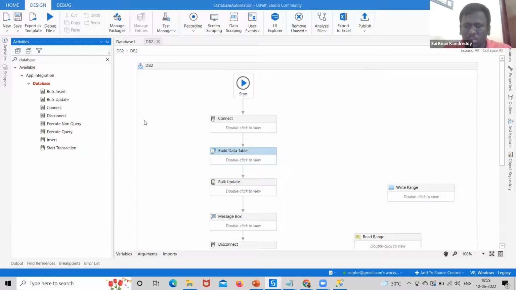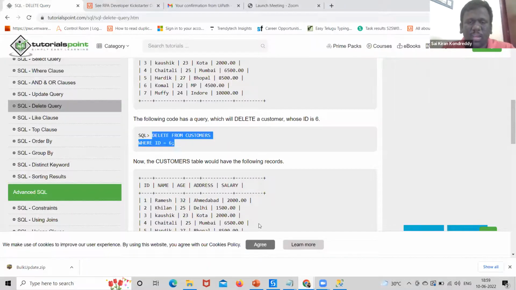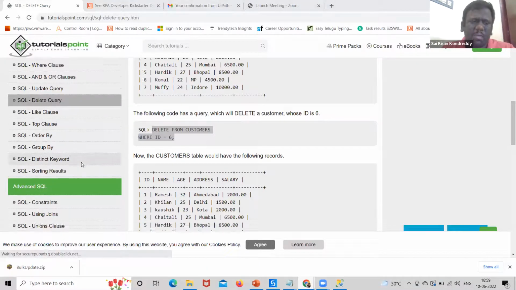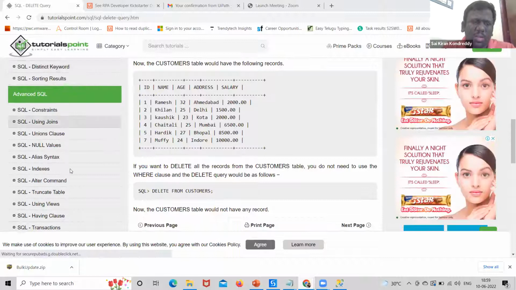Any set of doubts, if you have, you can post here so that we can discuss on the same. At the enterprise level, we can try to go with n number of commands here. You can use joins, you can use all the